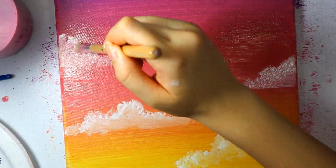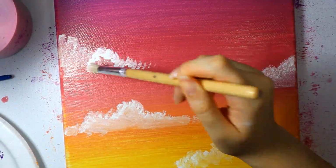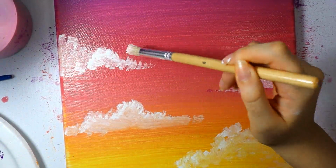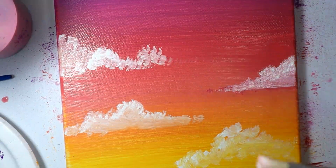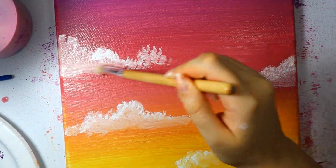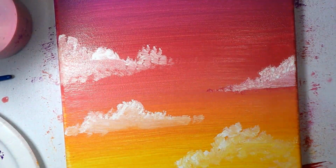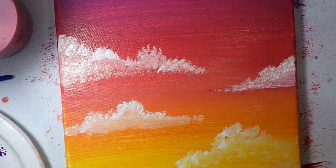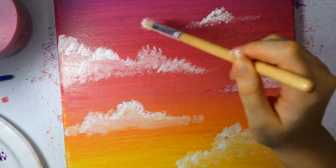As you can see, most of the paint is concentrated at the top and the bottom is more blended out. And not only did I blend out the bottom of the clouds, I also tried to blend out the edges too, so that it would look more wispy. And when you're done with all the white clouds, you could probably stop there if you wanted to, but you